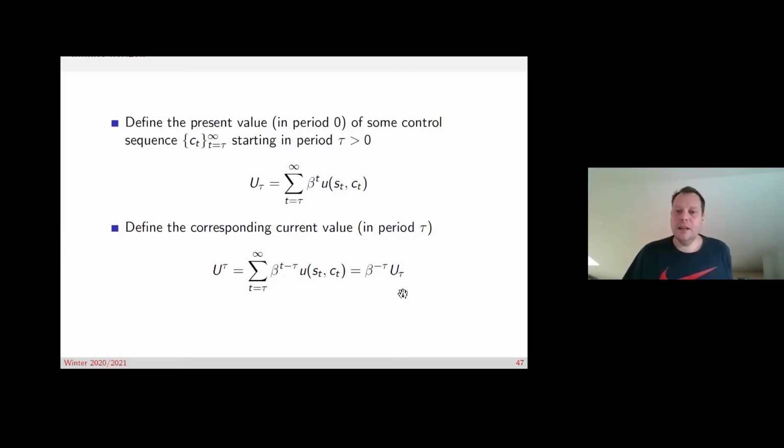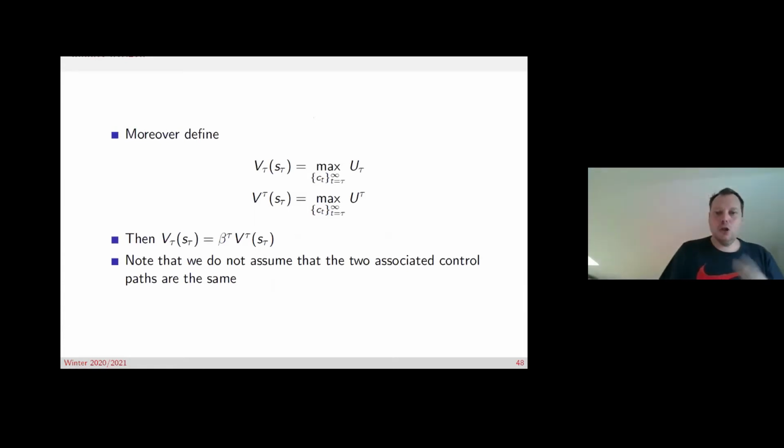Okay, so this is like saying, okay, I can take this value that is valued in period 0 values, and I know that the only difference between those two objectives is obviously discounting. Okay, because I look at the same problem, right? I just take this problem and I move myself through time and think what would be the best thing to do given I face this problem. Okay, and in a second step, you define two control sequences.